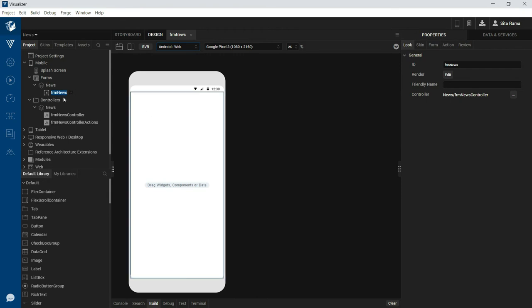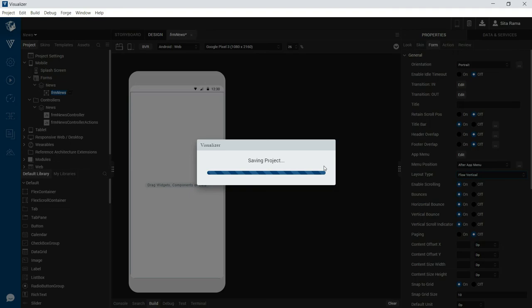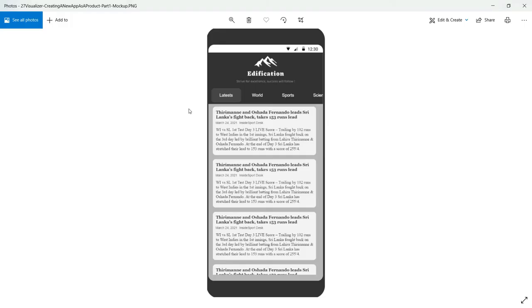In this FRM news form, I'm going to make the layout type of the form as flow vertical, as I have all these widgets, the logo and the news types and the articles list, all placed vertically one after the other. So that's the reason I am making the FRM news form's layout type as flow vertical.